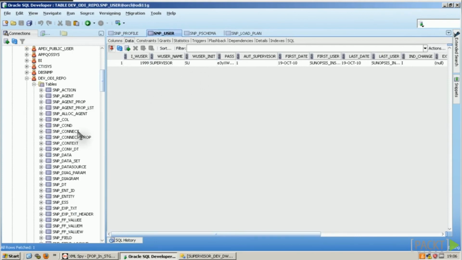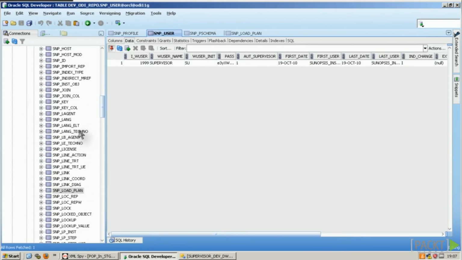So you'll see the SNP_LSCHEMA table, which is the table containing all the logical schemas, which I have defined in my ODI repository. And you also have the SNP_PSCHEMA table, which is the table containing all physical schemas